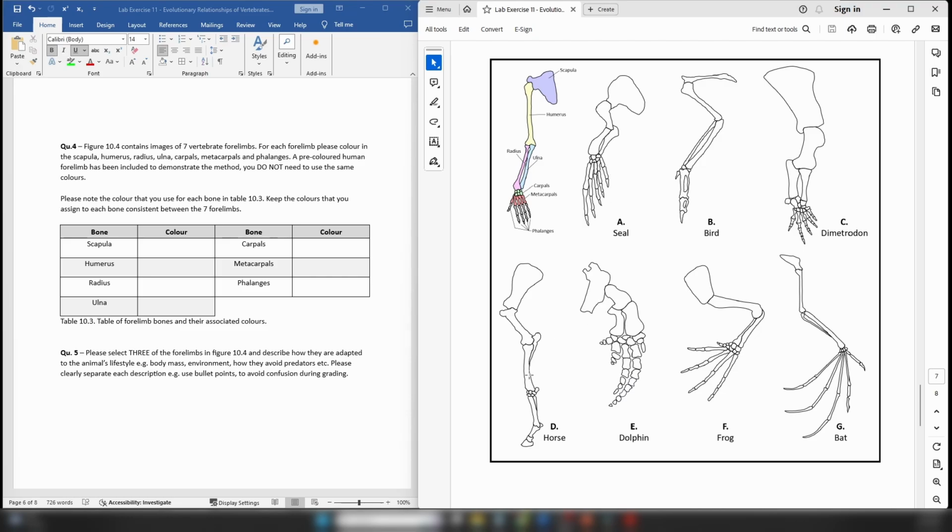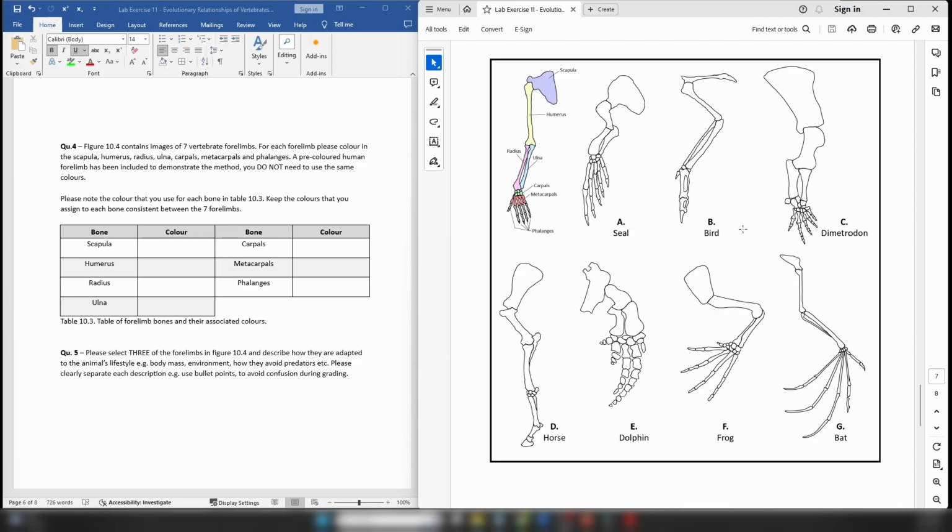digits visible. Now, another thing is that in some circumstances, bones like the radius and ulna can actually fuse together to form one stronger bone. And so in the event that you had a forelimb where that had happened, just try and color in half the forelimb in the color for the radius and the other half of the forelimb in the color for the